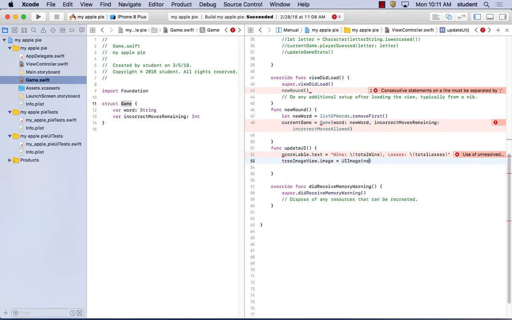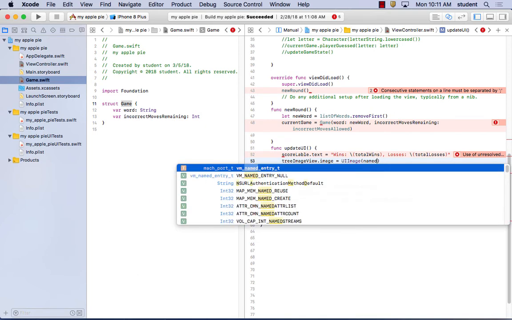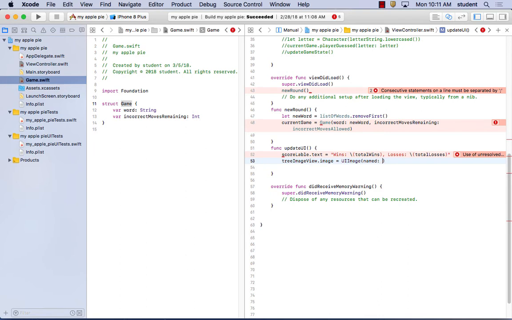And then named, and then we have tree. Now, of course, if you're using your own images, you would use your name in there, right? Maybe you use flower. So if you made your own images, you would put flower in there, and then it's going to use the graphic here, current game,